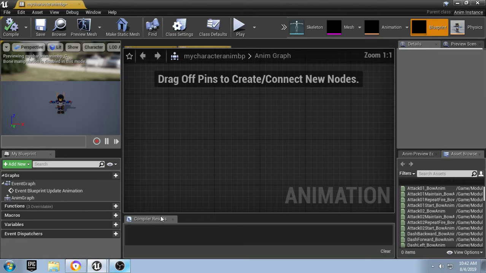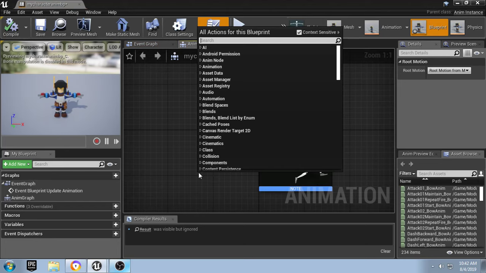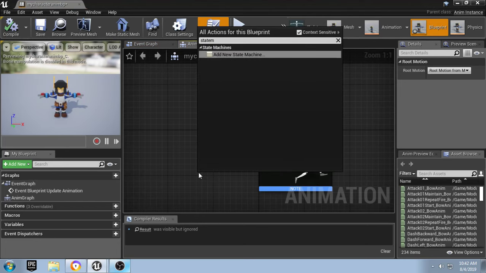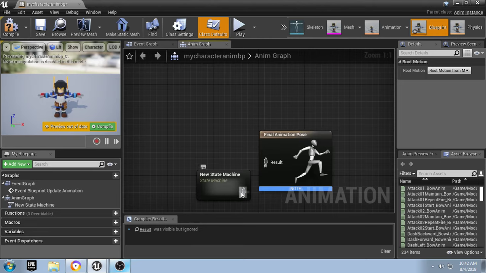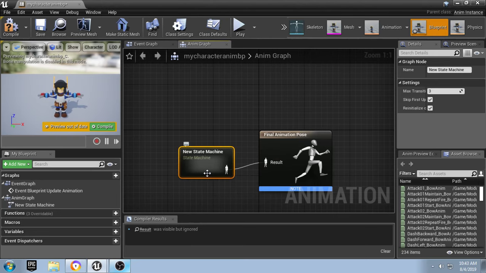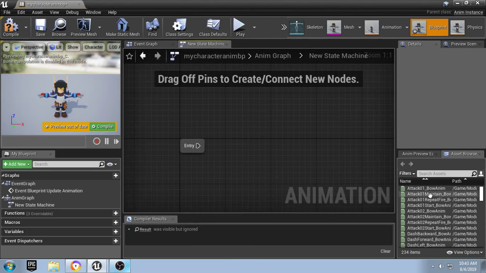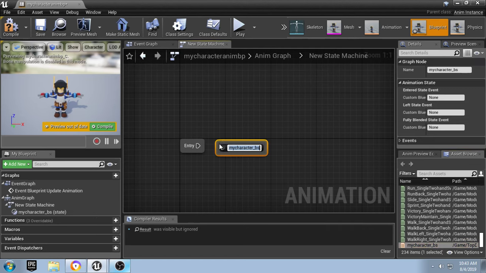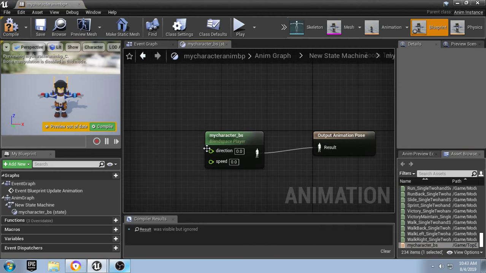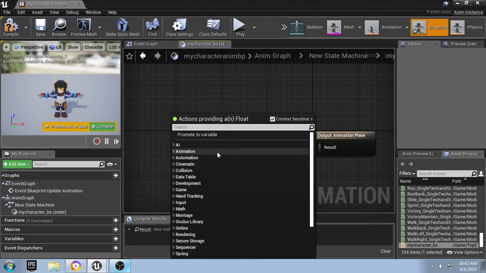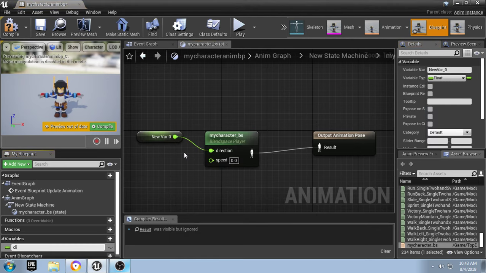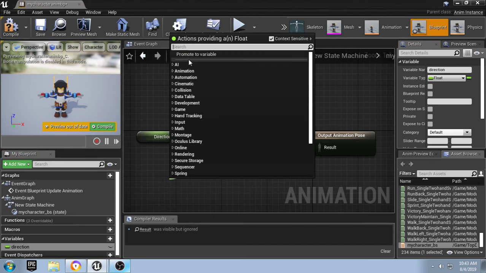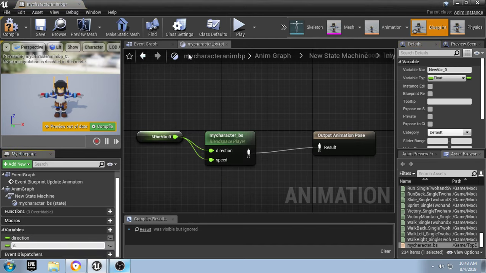Going to the character animation BP, we're going to right click, add a state machine, plug that in like such, double click on our state machine, then we're going to go down and add our blend space, drag in like such, go into the blend space, drag off of direction, promote it to a variable, call it direction, drag off of speed, promote it to a variable, call it speed,